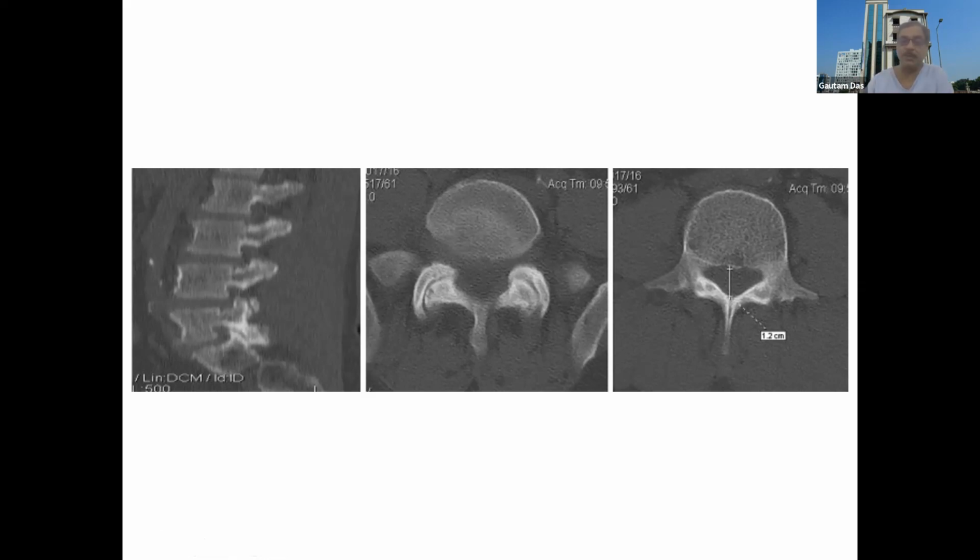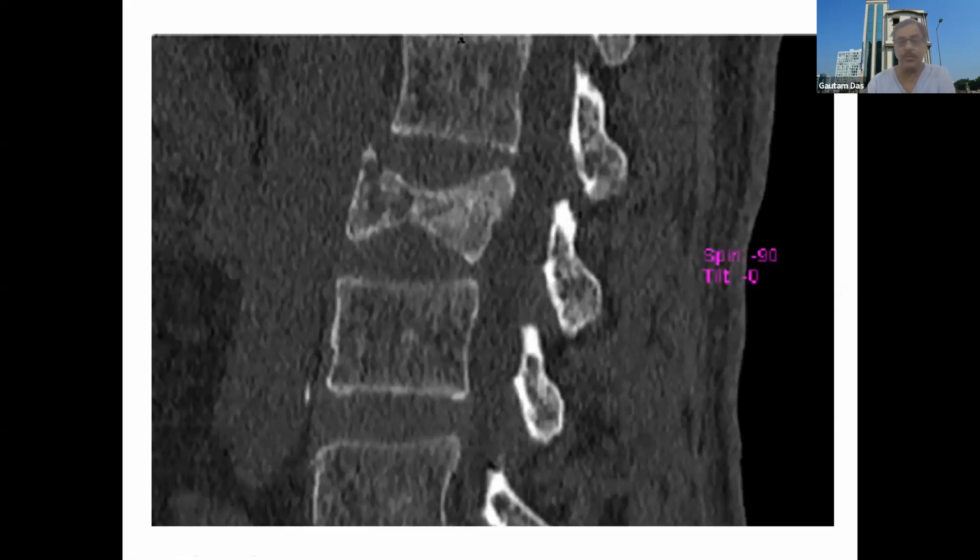So this is at the level of the disc, and you can see the superior articular process. Superior articular process is always lateral, and the inferior articular process is medial, and as I told, the inferior articular process gradually becomes the lamina. So here is the lamina, right? Now here what you can see,